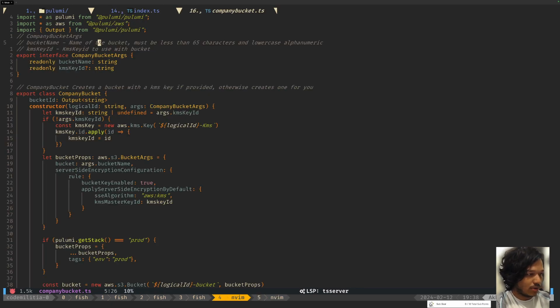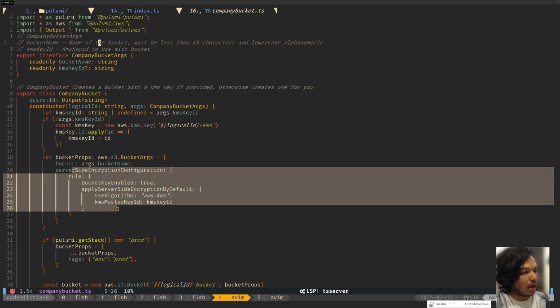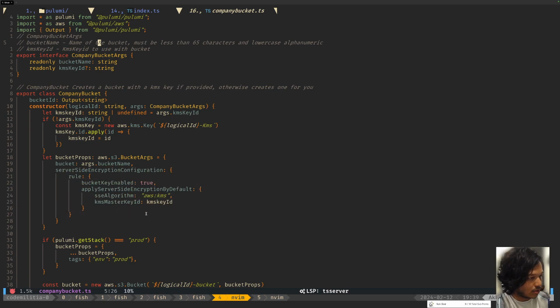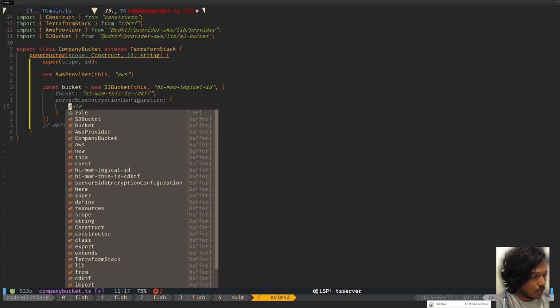In fact, we could take a direct look at Pulumi. It looks really the same. We could even copy this if we wanted to. We're not going to. Remember when I said that Pulumi uses Terraform providers? This is what I mean. So rule